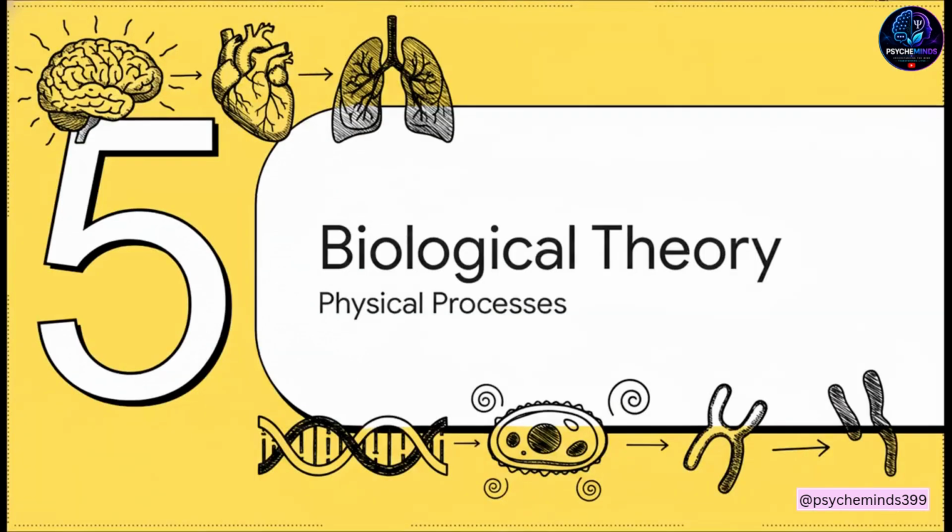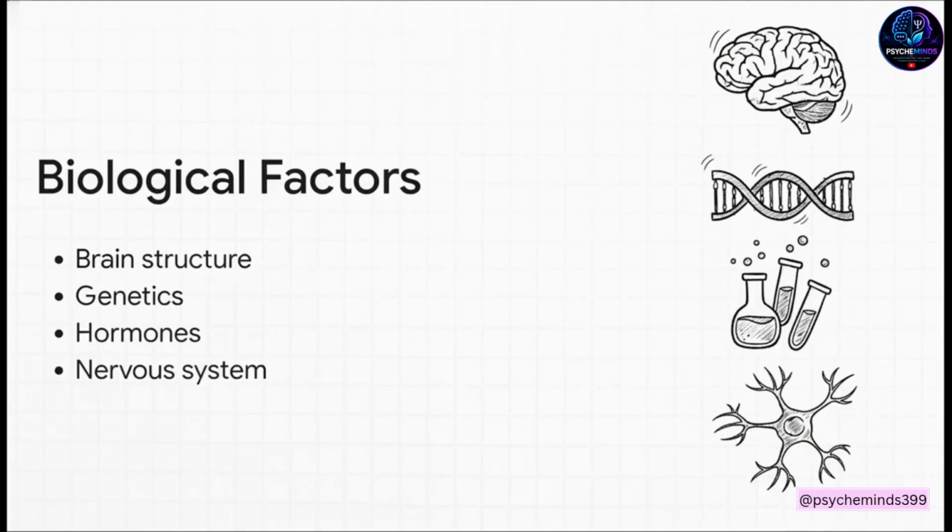And finally, Section 5, Biological Theory. For our 5th and final pillar, we leave abstract concepts of the mind entirely behind, and we look strictly at the physical body. The biological theory explains human behavior through physical factors, things like genetics, hormones, and the nervous system. If you picture a detailed anatomical diagram of the brain, the biological theory looks at how specific physical structures directly govern our daily behavior. For example, how the amygdala regulates our fear responses, or how the frontal lobe manages our